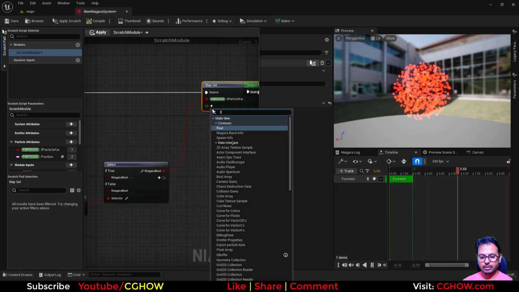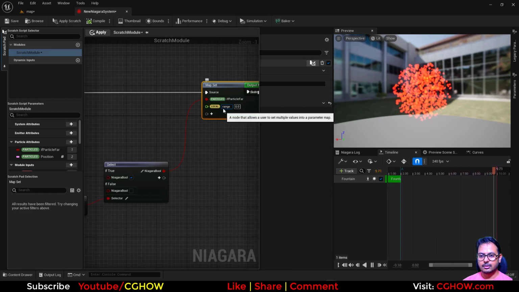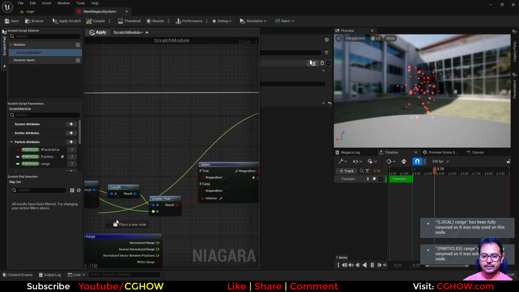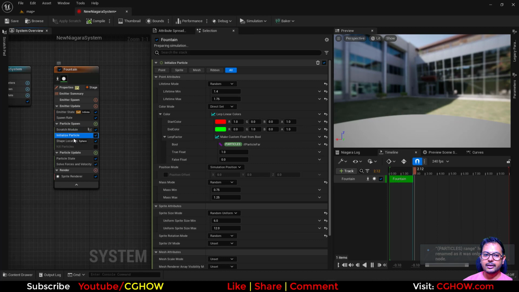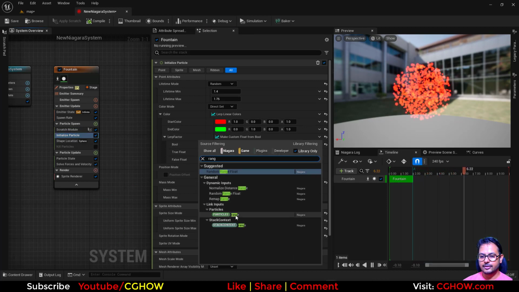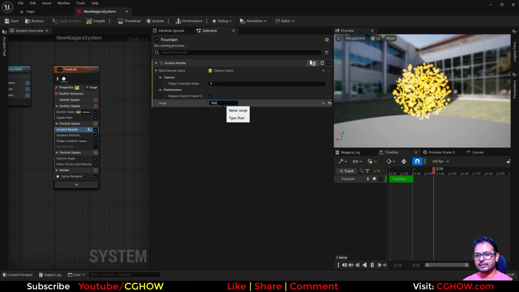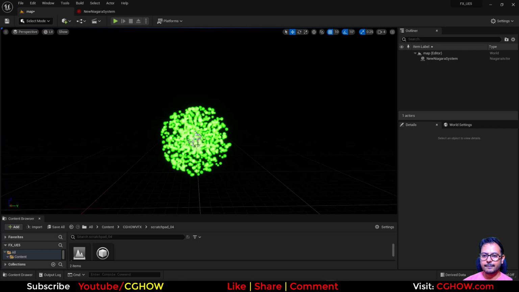Let's create a float, and this is my range, let's make it particle and connect it here and just hit apply. Now in the particles, instead of Boolean, you can use that range, and here we have distance maybe like 500. Save this, and now you will see